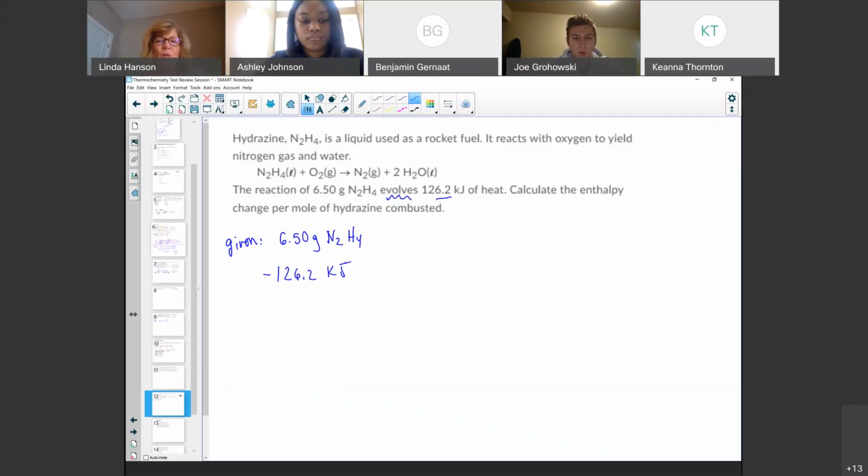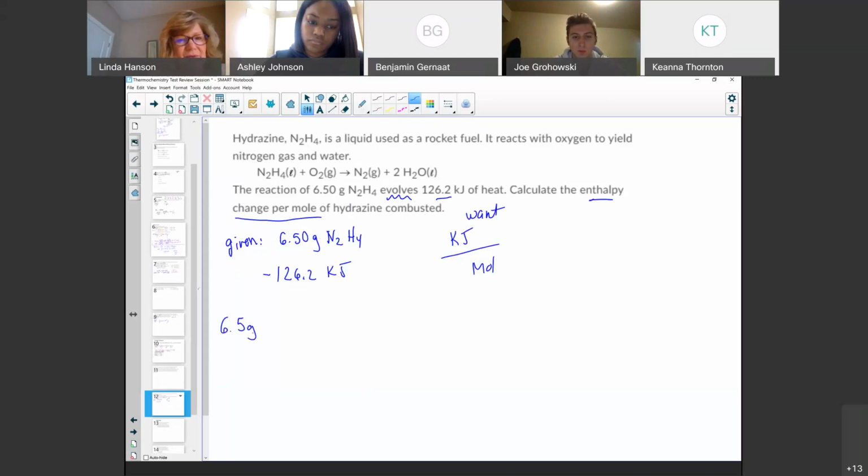So when you think about what they're asking me, I was given grams of N2H4 and it tells me when it combusts, this is the heat that came out. When you read what you're being asked for, enthalpy change per mole, that tells me what I want to solve for is kJ per mole. I want to turn my units into this wanted unit. So really what it's saying is when 6.5 grams